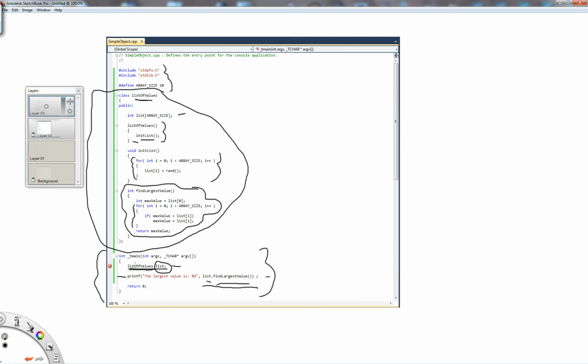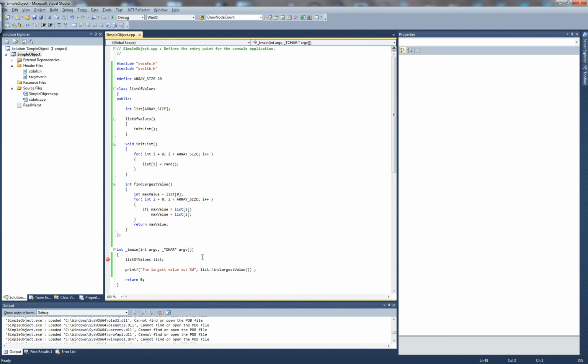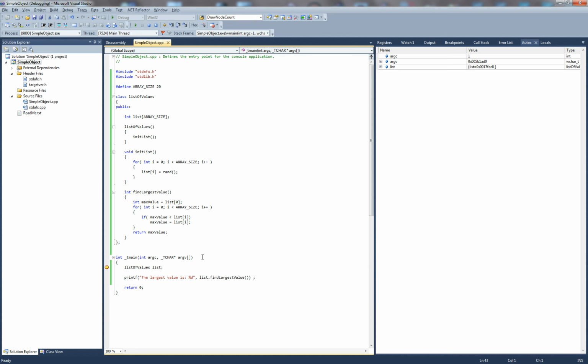So let's just run that through. We started with our main function again. And the first thing we're going to do in main is create an instance of our list values type. When we do that, it comes in here, calls initList. We run initList again. It's going to go through 20 times, creating random values and putting them into the list. So we've got some random values. Well, we'll say random. They're randomish. And you'll see why I say that in a bit. So when we've quit out of that,